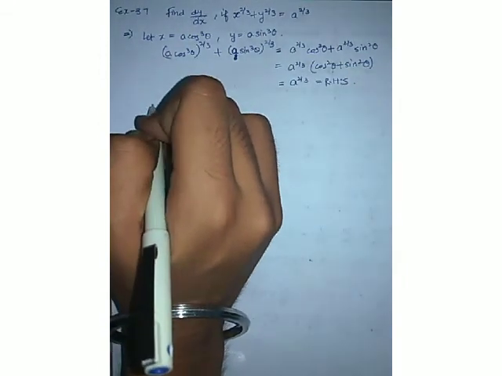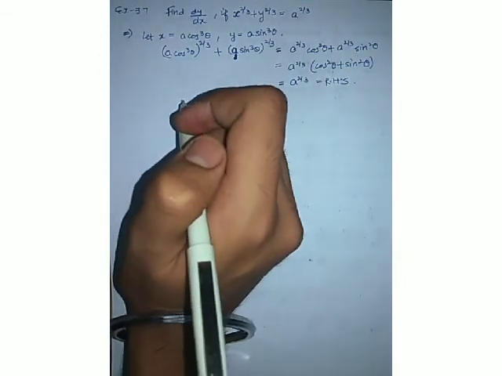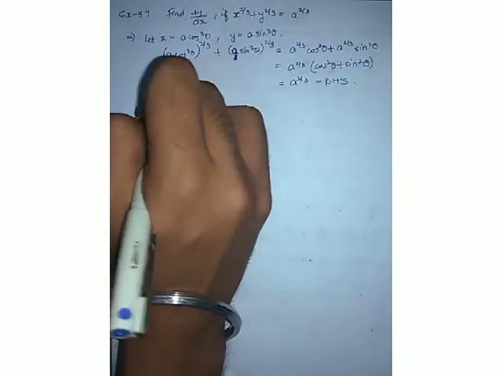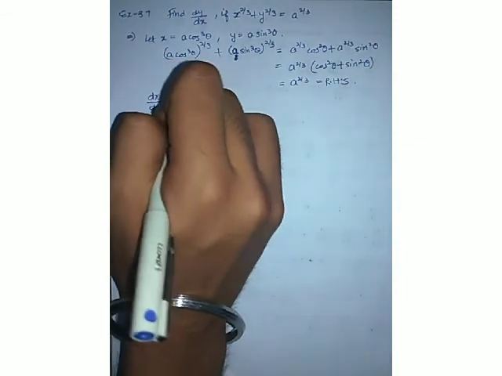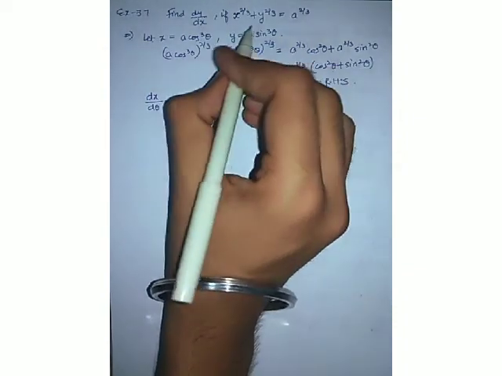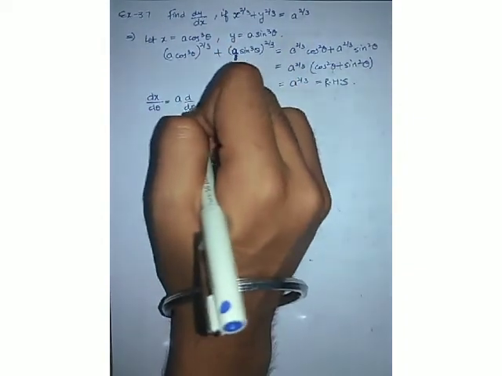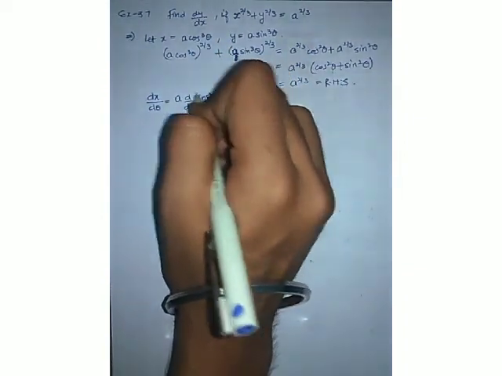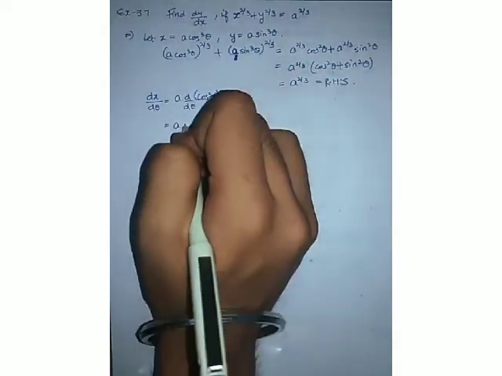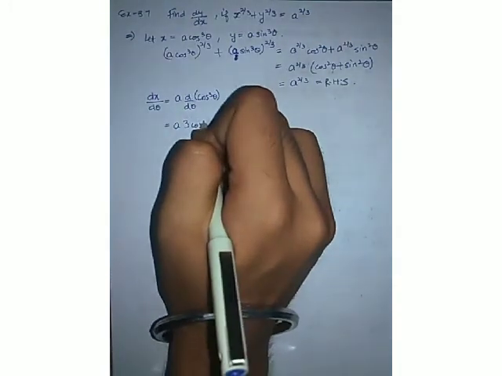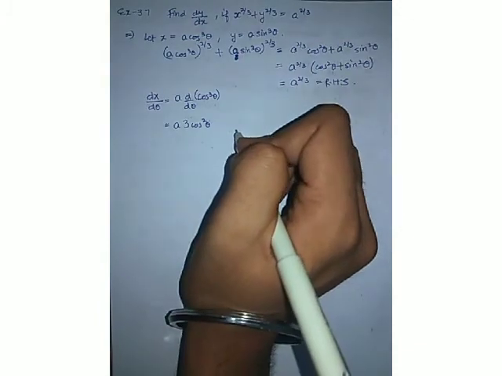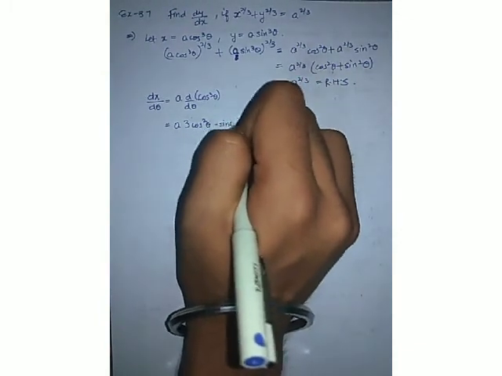So as you know, what else will we do? Of course, we will differentiate both of these values with respect to theta. You will get dx upon d theta, that is a will be constant and it will remain outside, and you will differentiate cos cube theta with respect to theta. What will you get? Of course, the power will come before cos: 3 cos square theta, and the differentiation of cos theta will happen again, and cos theta differentiation is minus sine theta.